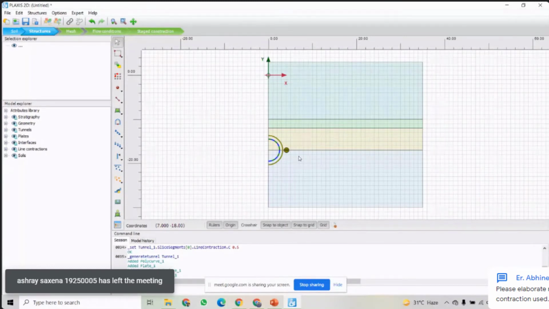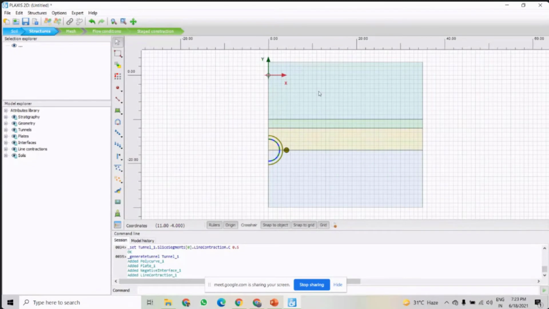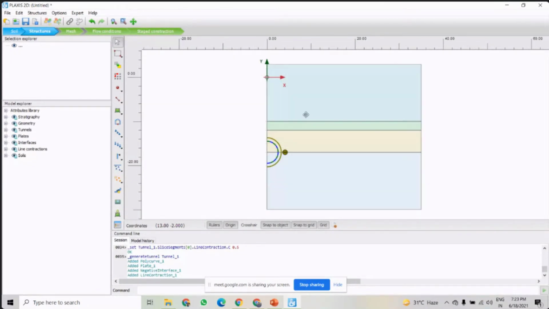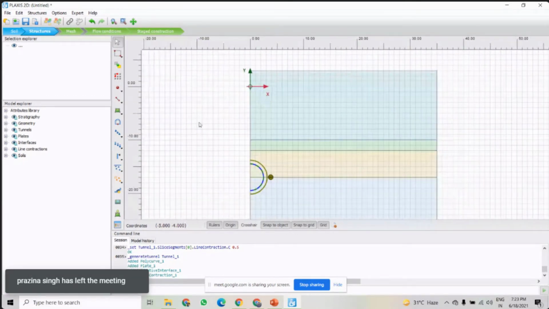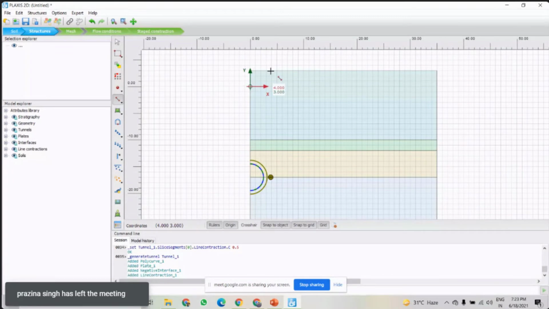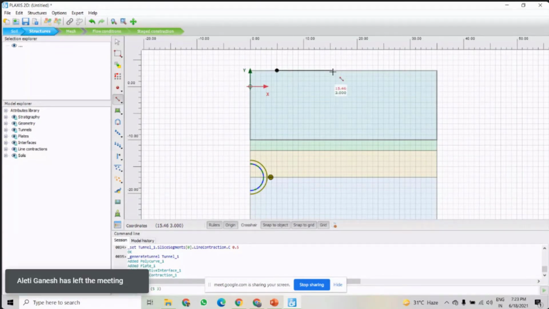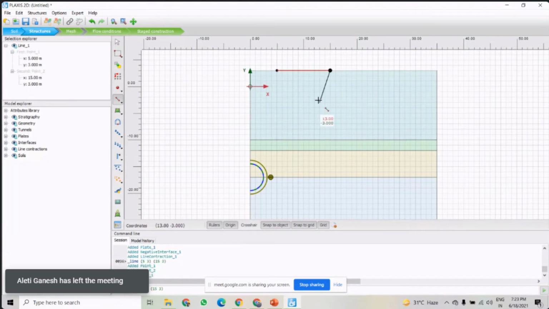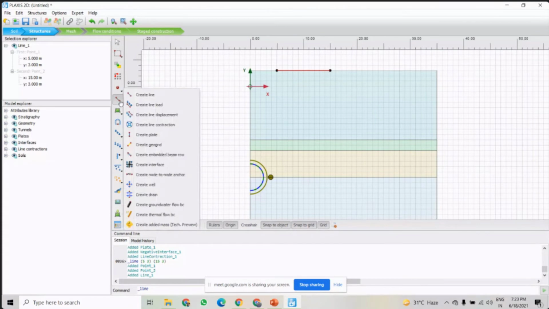Now next, to create the building. The building's piles we have to install here. For that, firstly you create a line, and this will be from 5.3 to 15.3. This 15.3, right? And then I'll create the embedded beams.